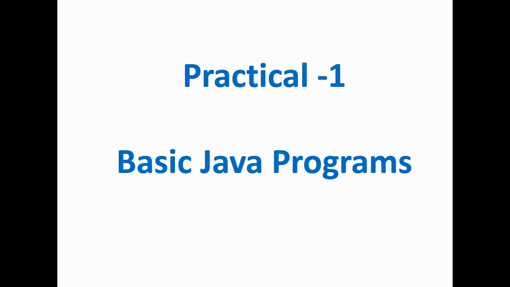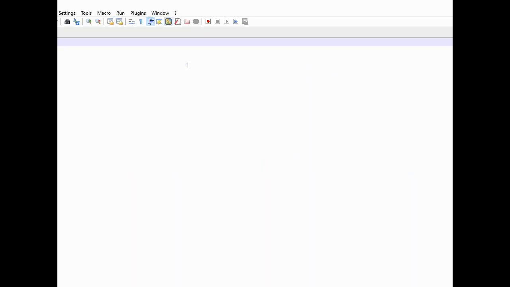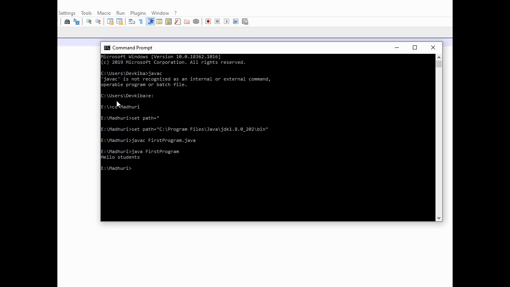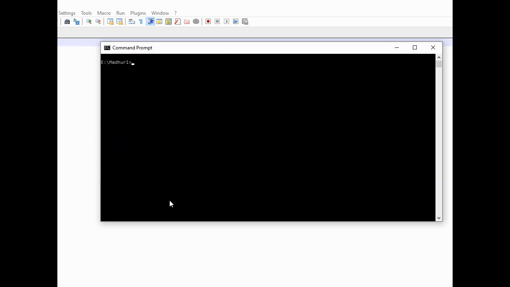Practical number 1, basic Java programs. Okay, for working with Java programming in this semester, you are going to use Notepad++ as your editor, and this command prompt, this black window, you are going to use for executing your Java programs. Okay, so